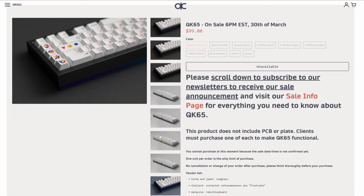This one wasn't run on Geekhack at all, purely because the creators are super well known and it's an insanely cheap keyboard considering everything it promises. This is the sale page for the keyboard. This is the QK65. If you're wondering, it's nighttime now. I was editing the video, I realized I missed out a few parts, so I'm just...